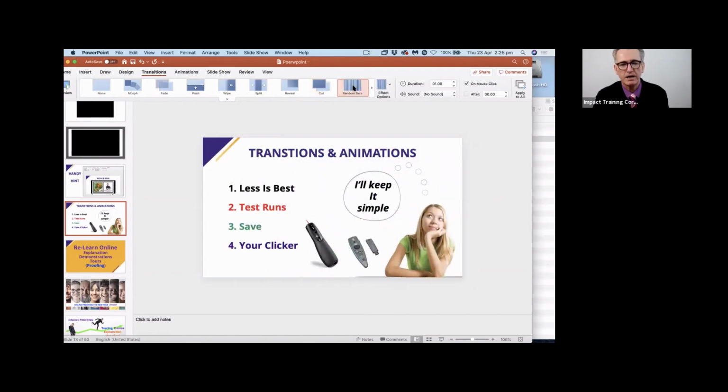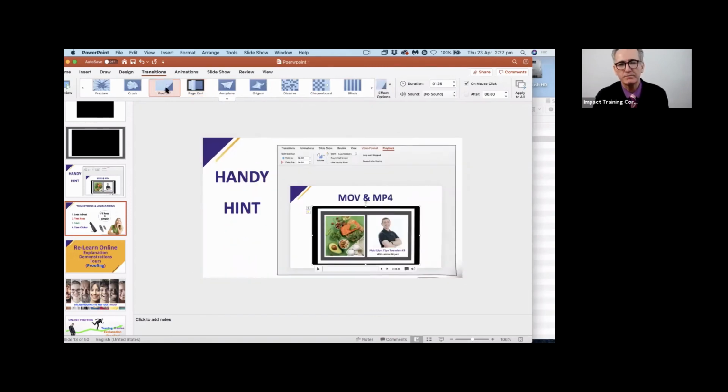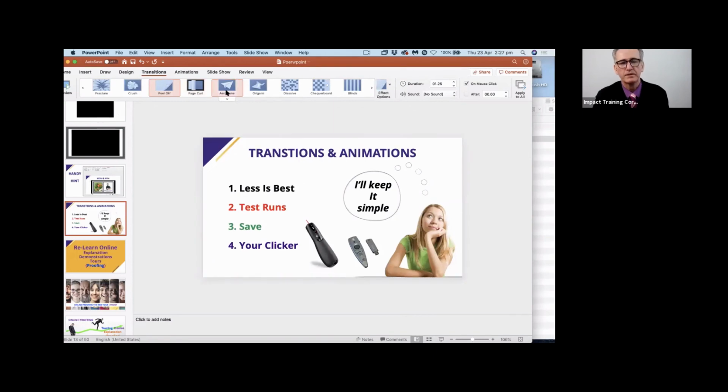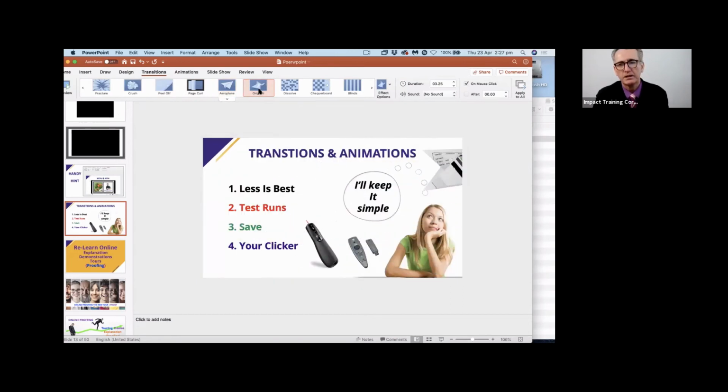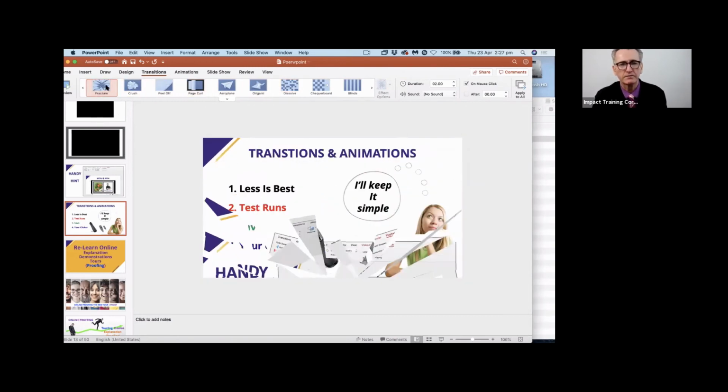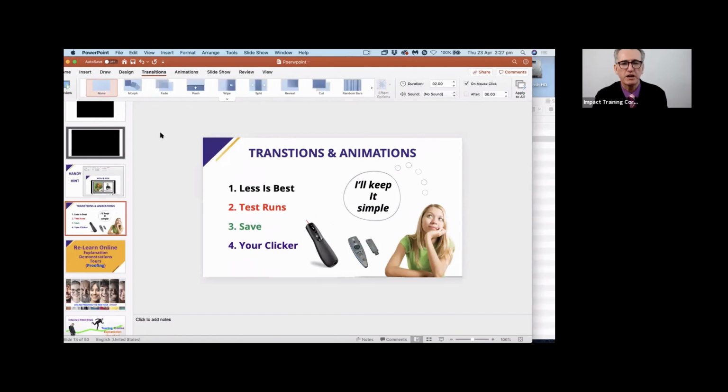This random bars are just pretty random. There's lots of them. There's not just one or two. There's a curly. This is a pretty nifty one. I use it sometimes. I also do the peel off one sometimes. Airplane, bit silly. Origami, dumb. Dissolve, pretty good. Fracture, bit dramatic. You just pick what you like. Stick with one. I use fade.